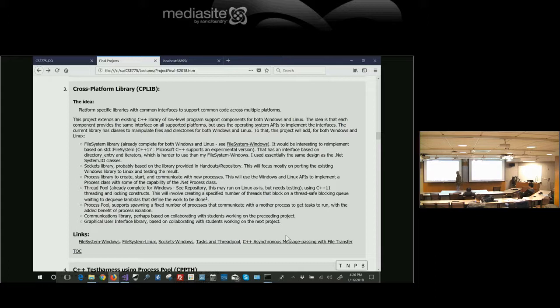If you're interested, the file system stuff, there is an experimental version of a file system that I don't like much. It's written in the STL style and uses iterators.